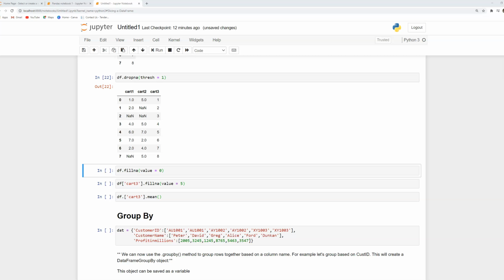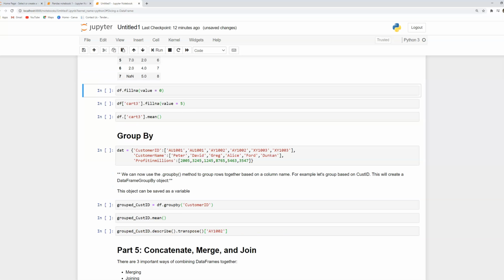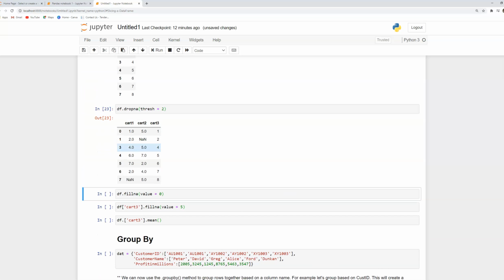So how thresh works is, if we write thresh equal to 1, it means it will retain all those columns or all those rows which have at least one non-NA value. So in this case, all the rows have at least one non-NA value, so it has retained everything in the data set. If we simply change it to 2, let's see what happens. It has removed just row number 2.